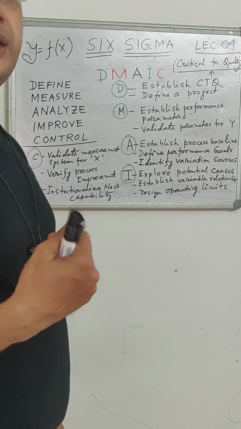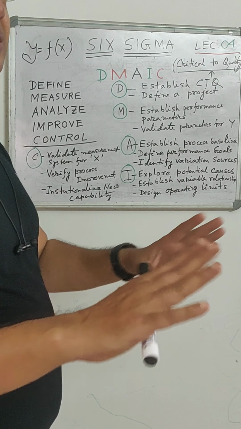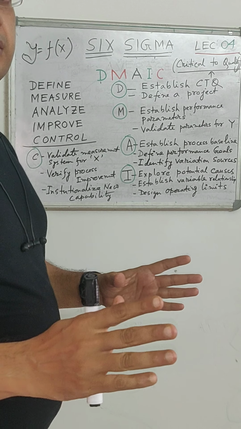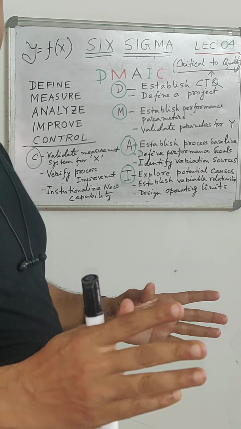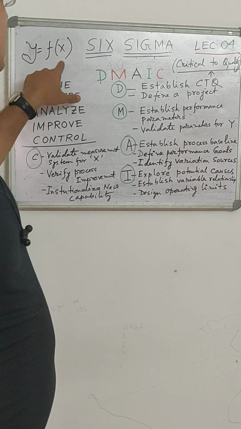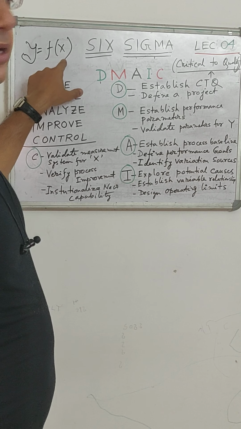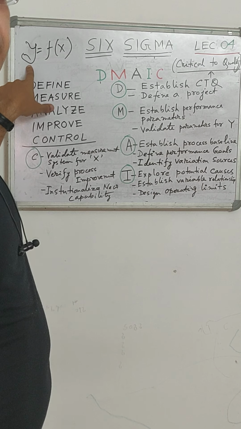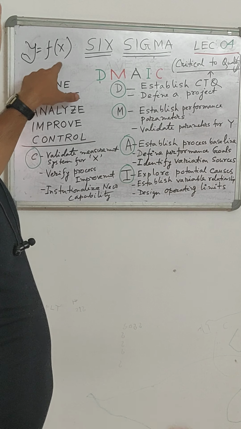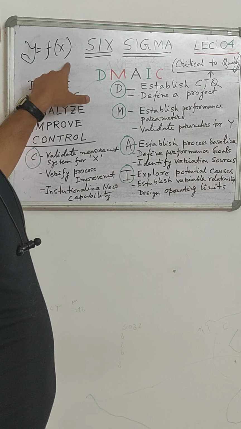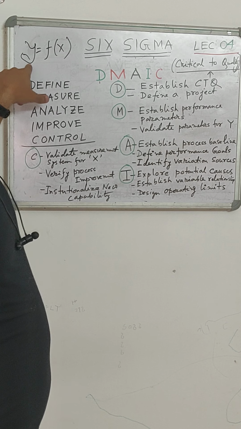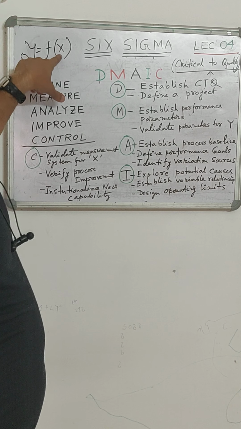Measure: any equipment, any process, any service has n number of variables, some independent variables on which the dependent variables depend. Like we know y equals f(x). X is the independent variable and y is the final output or dependent variable. Any output of a system, process or service depends upon various inputs. So we monitor these inputs to control our output. So these x's we will measure.